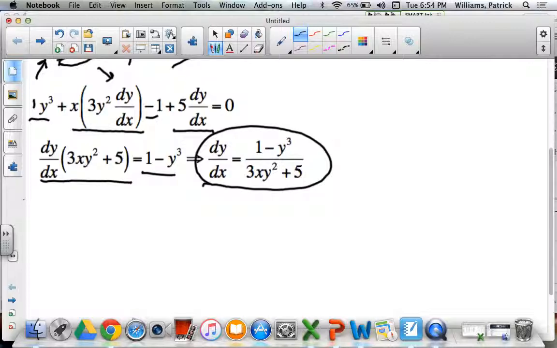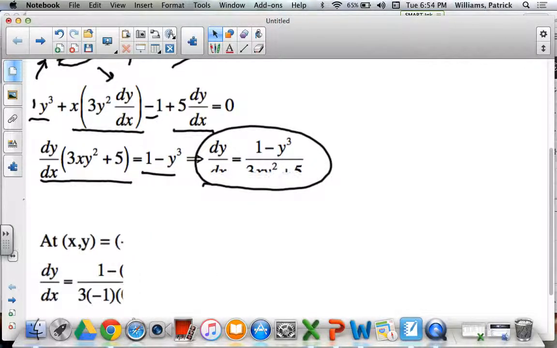Notice this is different than any derivative equation we've seen before because it has both x's and y's inside of it. So the types of questions I could ask you with this might be something along the lines of,